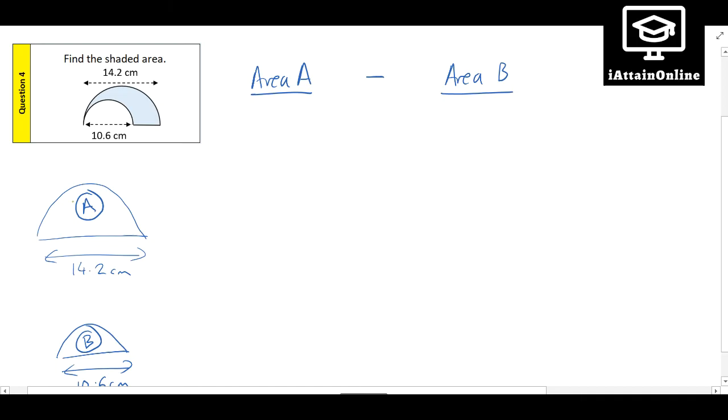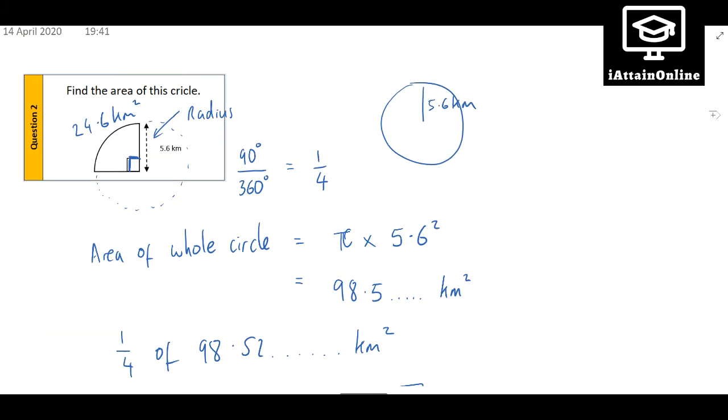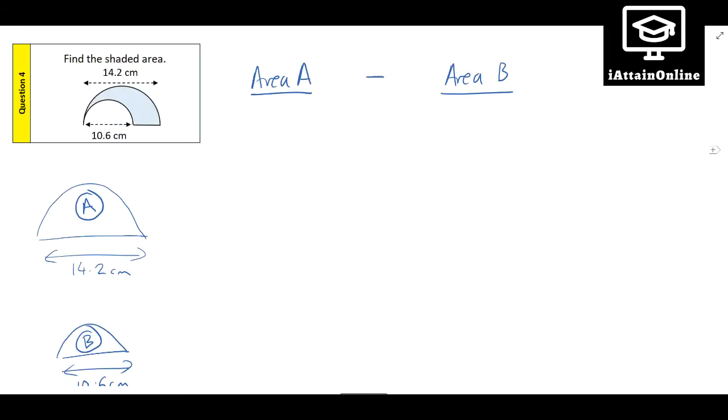So on its own, finding the area of shape A is just like the second example that I did, this one here, apart from that was a quarter of a circle. Here you have a semicircle, so that's going to be half of a circle, because a semicircle has 180 degrees in it, as opposed to 360 in a whole circle. So area A is going to be half of pi r squared. Now in maths, of means times, so you're doing half times pi,